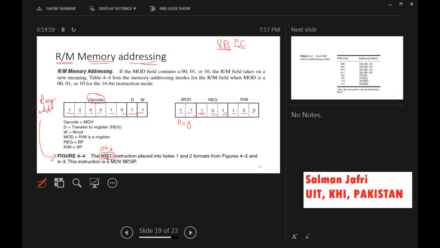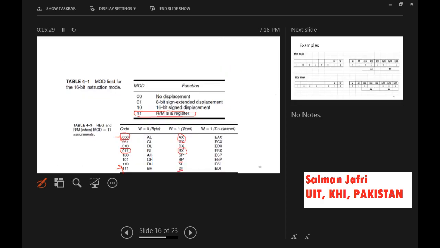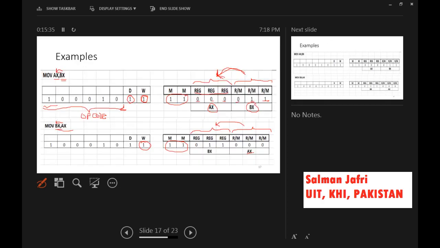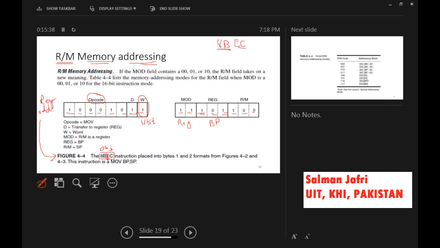Why did we take BP? Because W is 1. We are having 16-bit registers because W is 1. So we took not the 8-bit equivalent but the 16-bit equivalent of 101, which was BP. Using similar lines, we can translate 100, and 100 in the 16-bit version comes out to be SP. So over here we have SP,